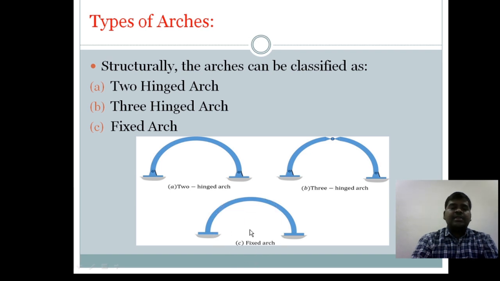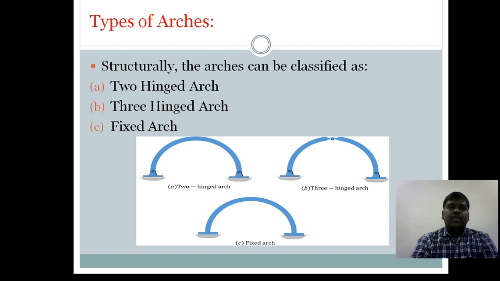This is called a fixed arch, that is, there is no hinge for this arch. So that is the reason they are calling it a fixed arch. At this end it is fixed and also at this end it is fixed. Like a fixed beam, there is no chance of rotation here,